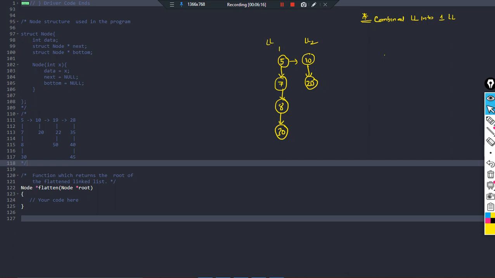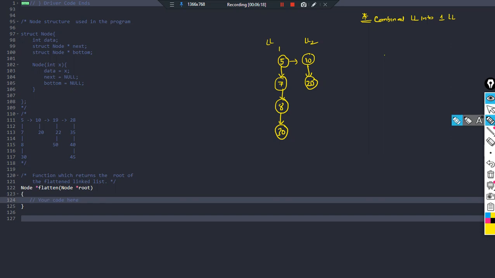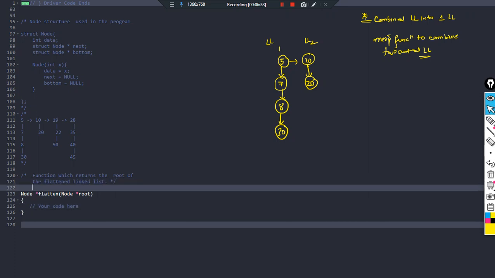Yes, definitely. The idea, the motivation, is basically the merge function. Remember the merge function? Merge function to combine 2 sorted linked lists. We can basically use the merge function to combine 2 sorted linked lists. How will it work? So basically I will declare a function merge, that will be node star merge. What are the parameters that it will receive? It will receive the head pointers to the 2 linked lists, this and this.